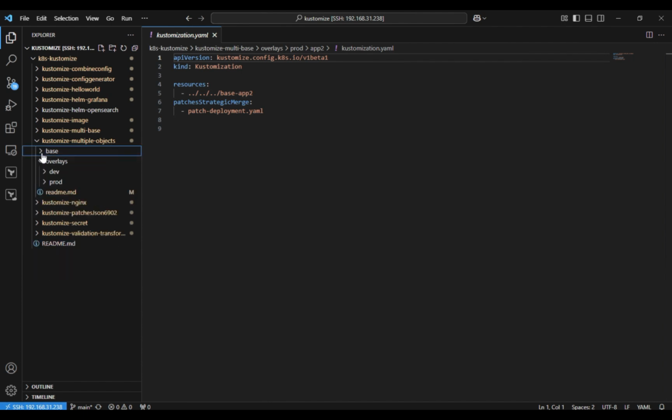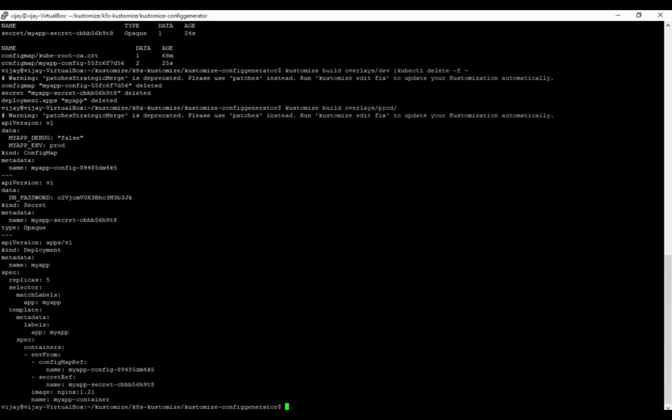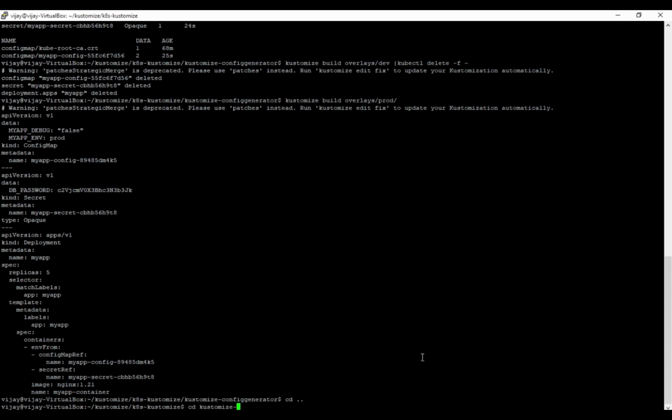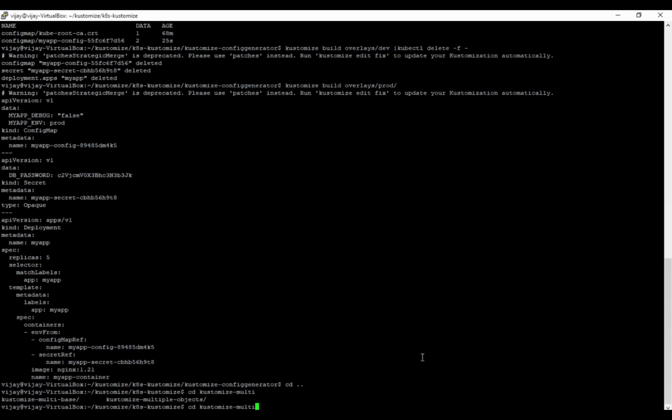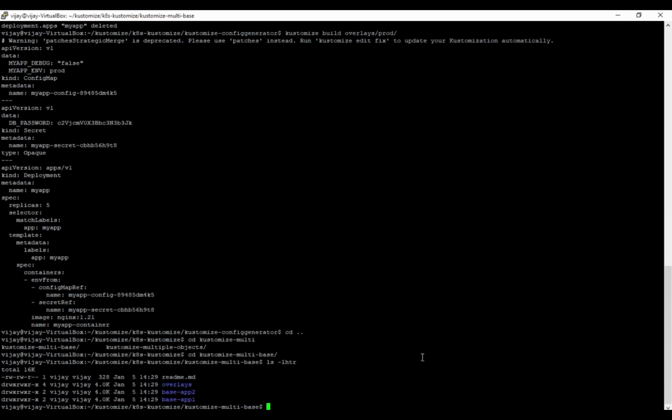I don't know. Let me check and show you that as well. I think maybe the validation one, I feel. Anyway, let's go and test this. So let's go to customize, multi-base. So now, kustomize build